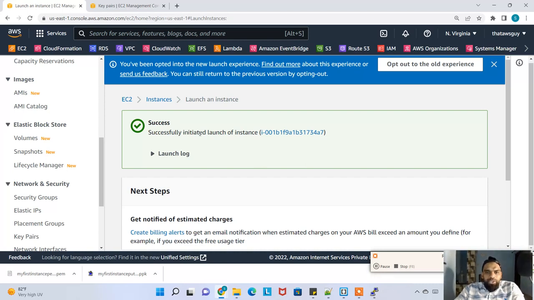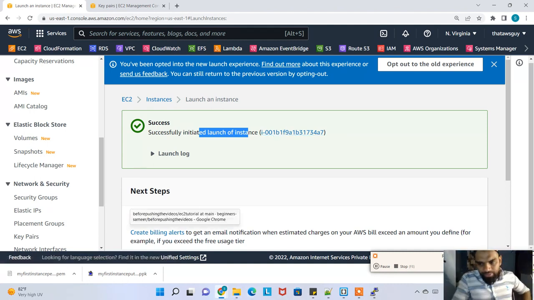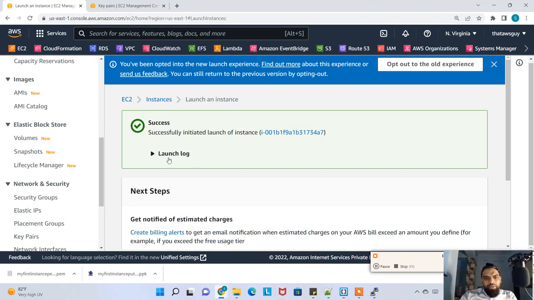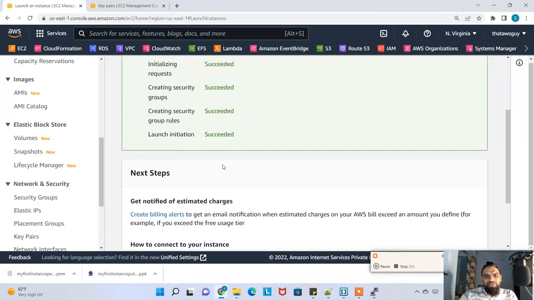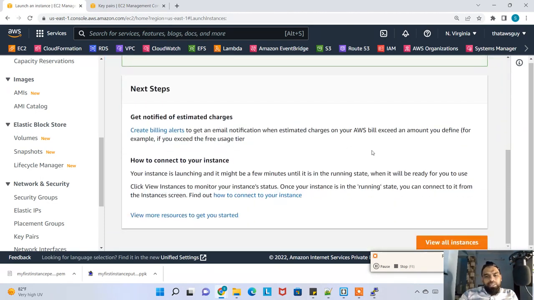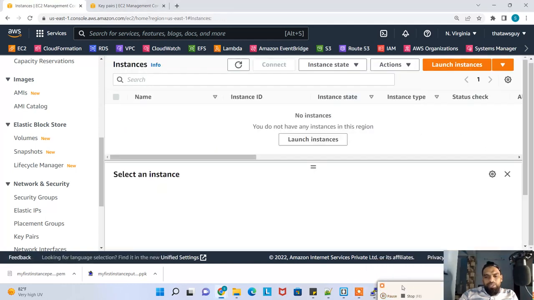So it successfully initiated launch of the instance, and this is the instance ID. The instance ID always starts with i- followed by a couple of random alphanumerics. If you click on launch log, it will tell you succeeded, succeeded, succeeded, succeeded. If you have any issues, it will say failed, and it will not create an instance. Okay, cool. Now if you click on view all instances,